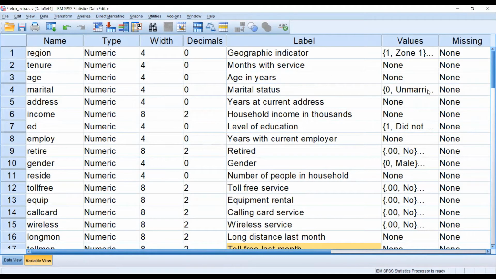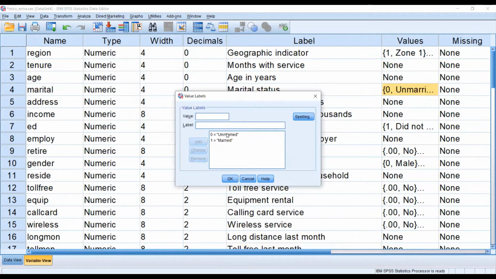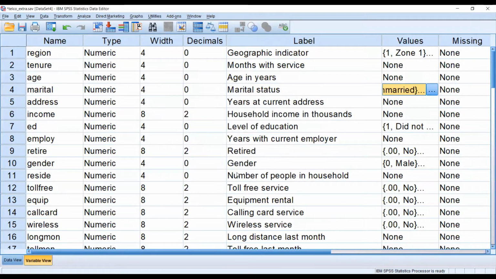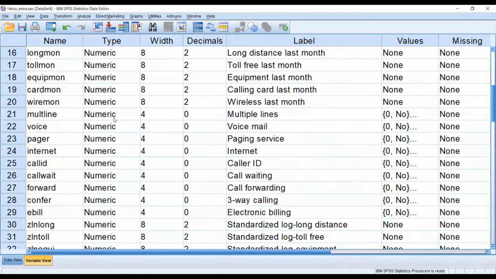Then marital status is a categorical variable, and we have 2 levels, unmarried persons and married persons, 0 and 1. These are the 2 levels. In the same way, we have all of these variables, but e-bill is the last variable basically, because